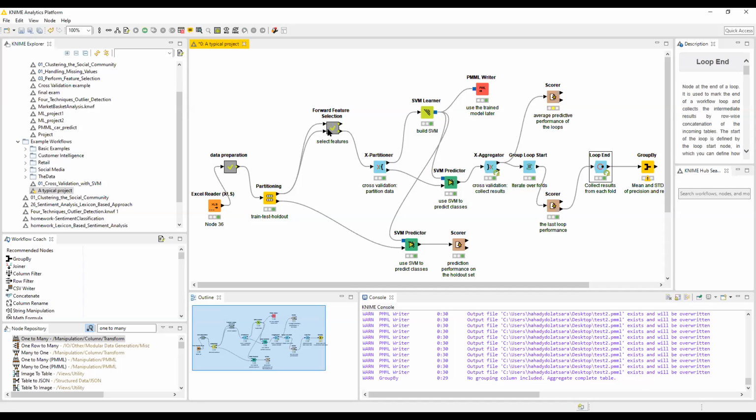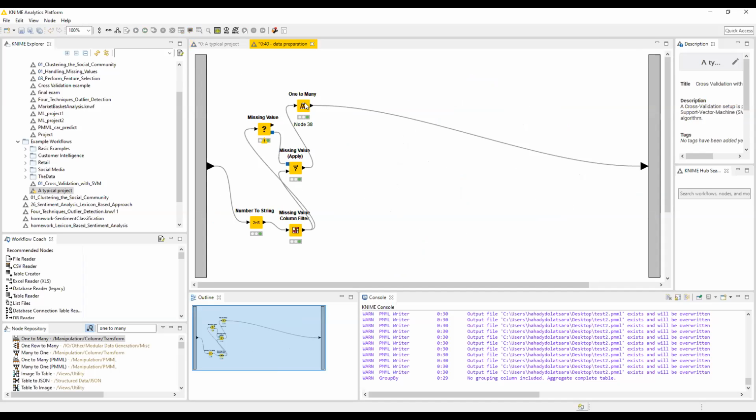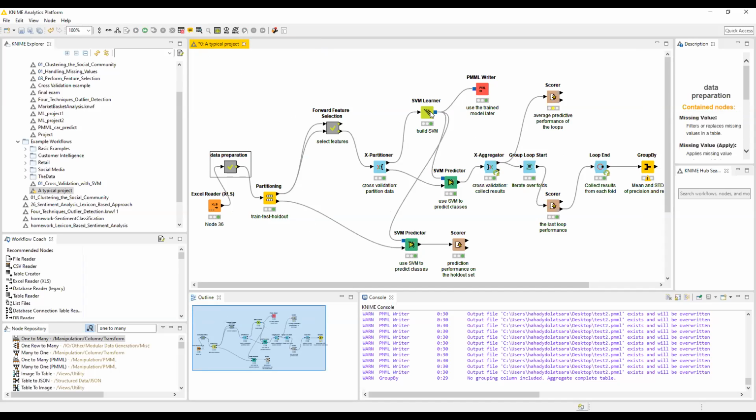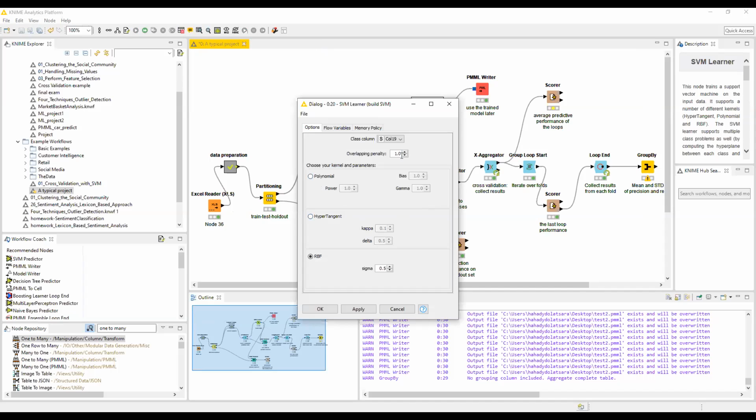You can add more feature selection algorithms, for example, SVM, neural network, or you can just Google for feature selection algorithms. You can either do the union of all features or the intersection. And maybe you come up with a better feature selection outcome. On top of that, you might remember we had one-to-many for one hot encoding. Maybe you can do label encoding and get better results. So there's a lot of things that you can play with. Even for the SVM learner, you can play with the parameters of SVM,